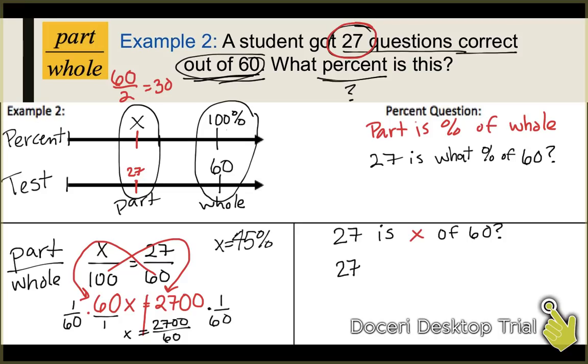I know that 27 is 27, and that is means equal. And I'm going to drop down my x. Of means to multiply, and then times 60. Okay? This one here looks a little bit different